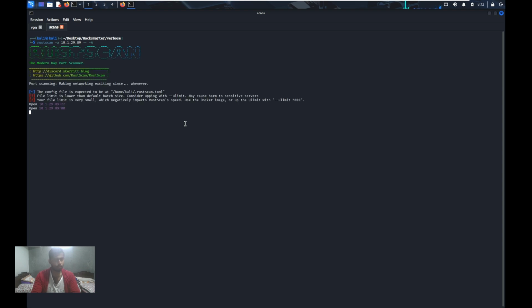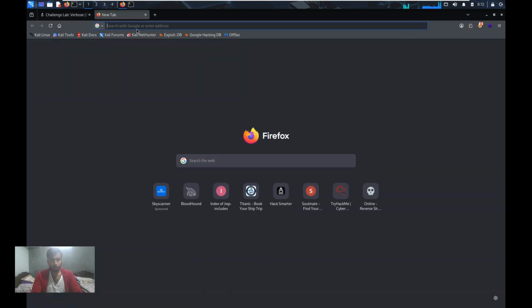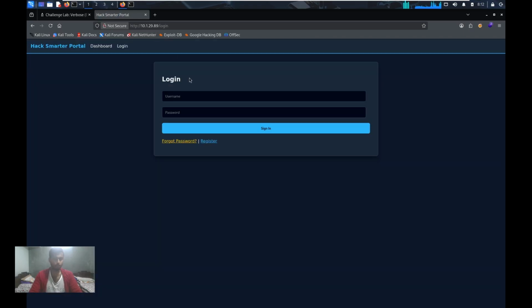Right here, we can see that we have port 22 open, which stands for SSH, and port 80, which is the HTTP port. Whenever I see an HTTP port running, I head over to my web browser to have a look at the web server running on the IP. So I'll just hit enter. Yep. So right here we see a login portal, and probably we can also try something like SQL injection. But